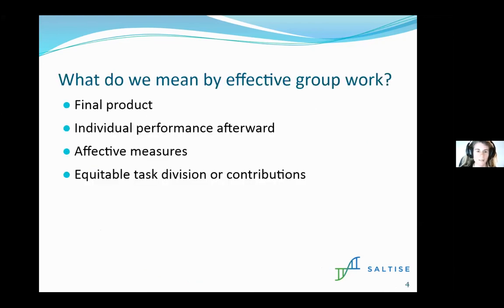So we can start with this idea of effective group work. What I think we're probably all looking for, I know I certainly am, is a way of managing and making effective groups. But what do we even mean by effective? So as we talked about last month, there's many different reasons for using group work, which means there's also many different ways of thinking about what makes a group effective. And if we're going to make a ton of decisions, as we have to do as teachers, when using group work in our class, we have to first decide what we're actually looking for in an effective group, and that's based on our own context.